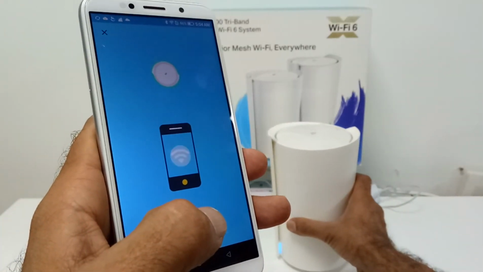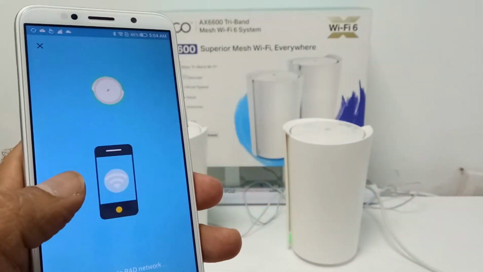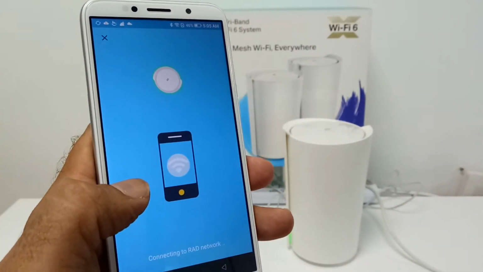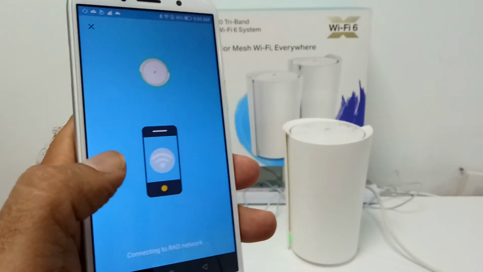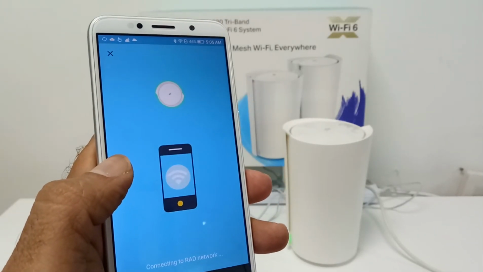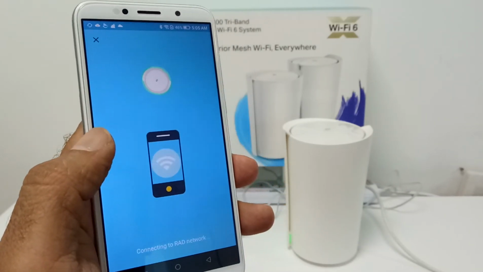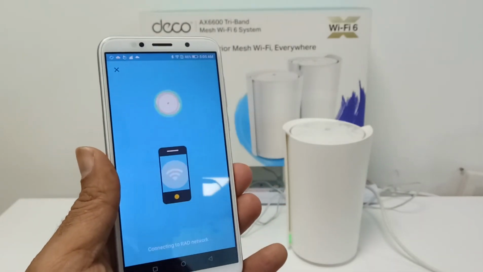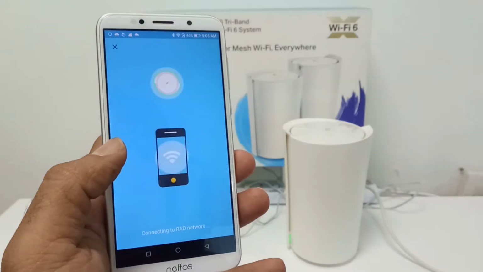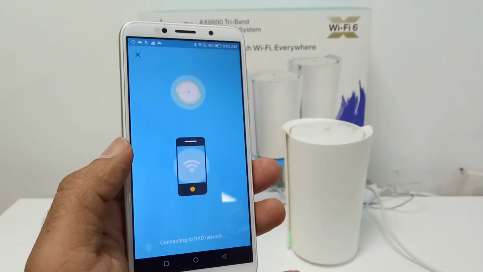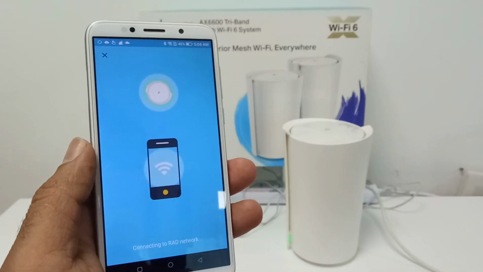You will see the light here also. When the light is now green, it means our Deco is ready for the setup. Now you can see the Deco application is connecting to the network which we have created.